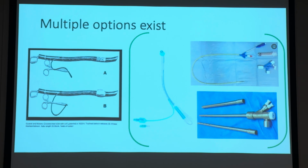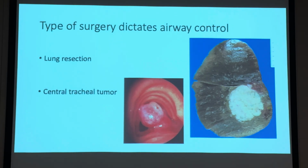We use a double lumen tracheal tube. It's the one in the middle. We have a rigid bronchoscope for ventilation in certain instances. In addition to the double lumen, sometimes we use an endobronchial blocker, which is used with a single lumen endotracheal tube. So depending on what we're going to do for surgery, we may have to use one way of ventilation or the other. The lung resection, which is what we do probably 97% of the time plus,